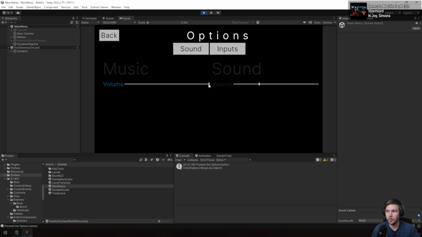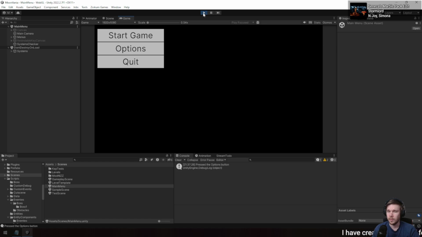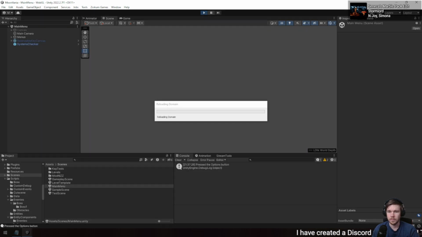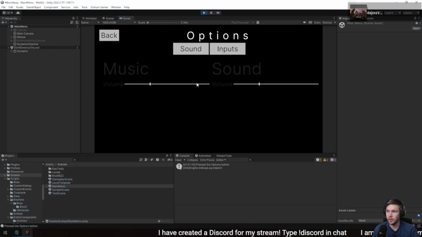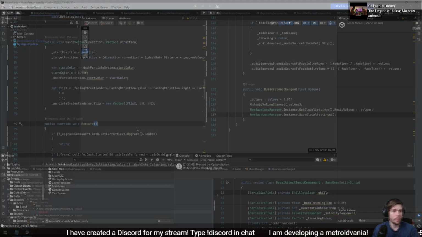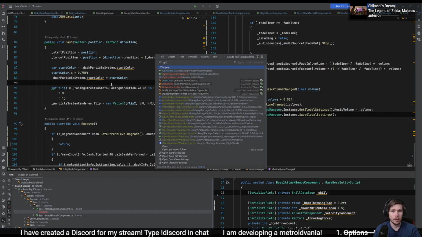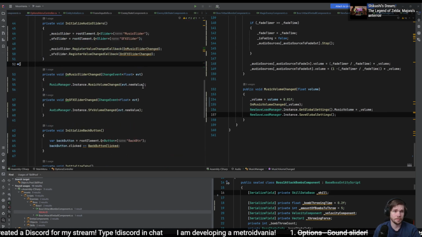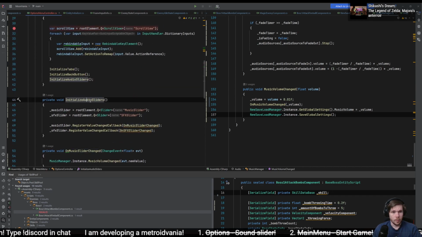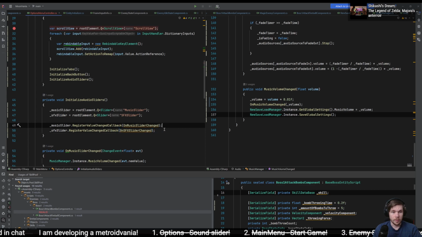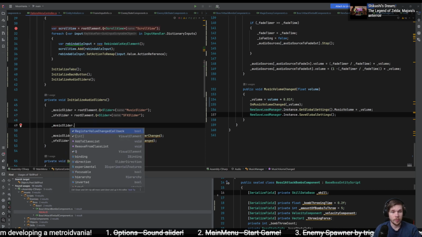Okay. Now we can add the music. Let's keep both at max. When are we saving this actually? Oh, it is working now. But the sliders aren't taking the volume. Let's go to the options menu controller. When we initialize these, we register the callbacks. But we also need to set music slider value